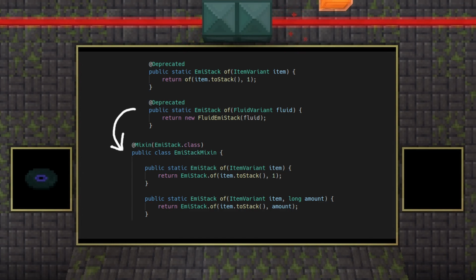No annotations needed. Not every dev knows this, but this is one of the core features of mixin. Any methods or fields that you write are just copied into the destination class, possibly renamed. Every injection method is just copied in as well. A lot of people assume their code is getting put inside of the method they're injecting into, but the only code that is getting added is done by mixin itself to call your method.